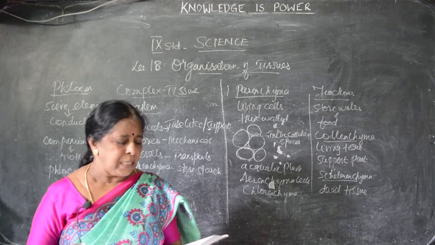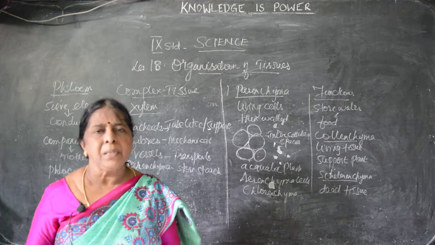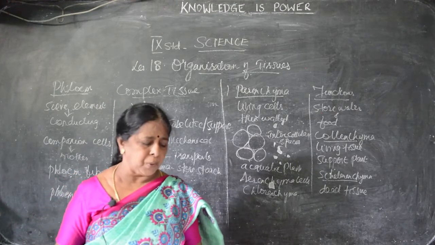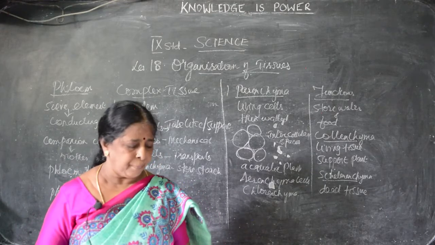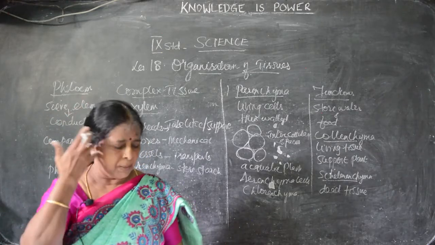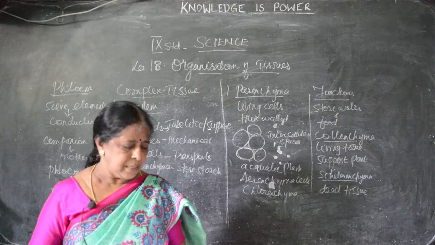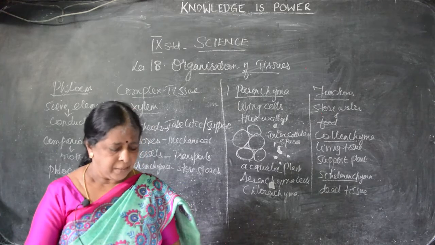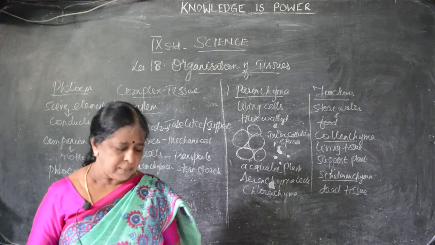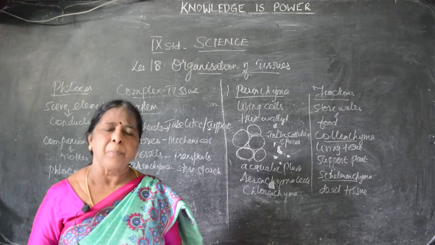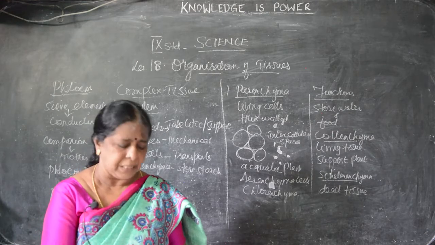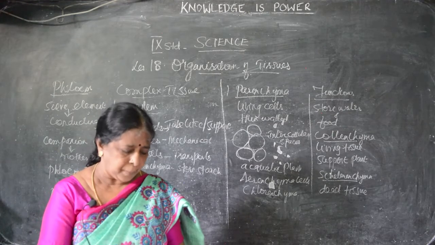In meristematic tissue, the cell wall is thin and elastic. In permanent tissue, the cell wall is thick. Component cells are small, spherical or polygonal, that is any shape. In permanent tissue, component cells are large, differentiated with different shapes. In meristematic tissue, cytoplasm is dense and vacuoles are absent or nearly absent. In permanent tissue, usually a large central vacuole is present in the living cell. Intercellular spaces are absent in meristematic tissue. In the permanent tissue, they are present.